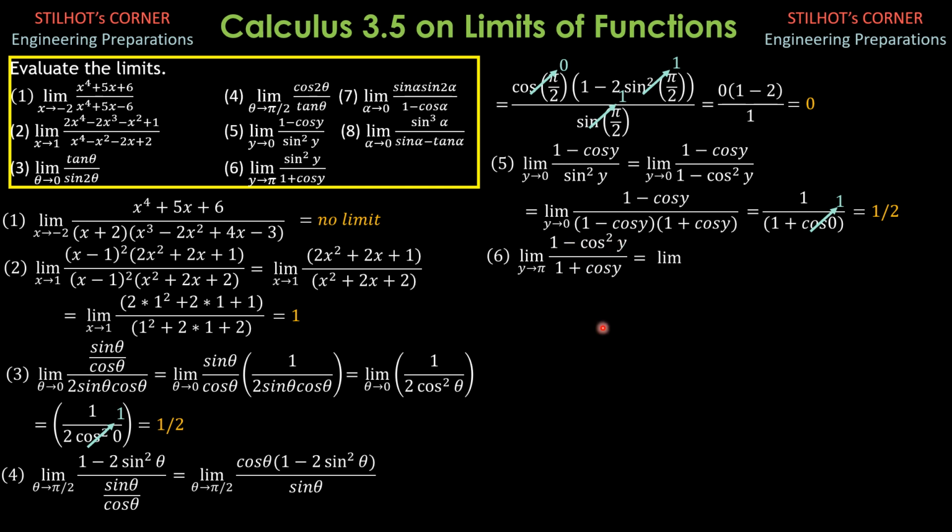Then we factor the numerator into 1 minus cosine y, then 1 plus cosine y, and cancel out 1 plus cosine y. So after we cancel this, the expression is now free of denominator, and the numerator as y approaches 0 is cosine of 0, which is almost 1, but there is no denominator anymore, so 1 minus almost 1 is 0. So the limit is 0.